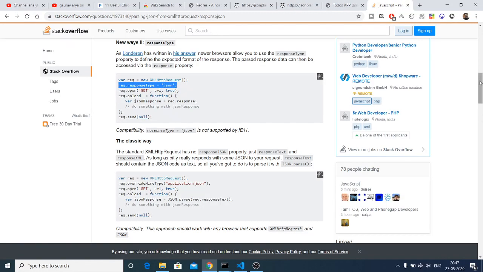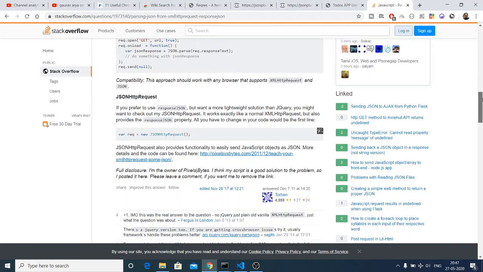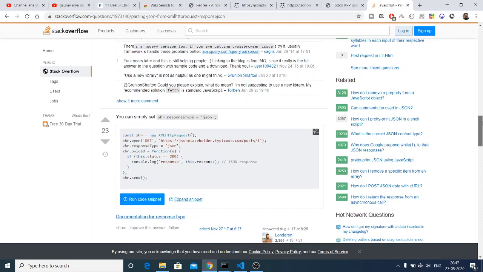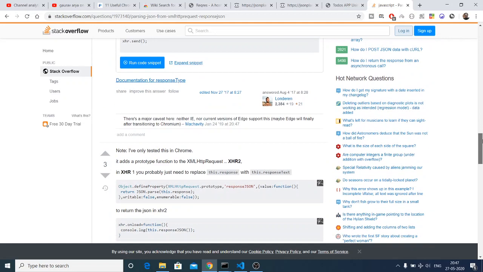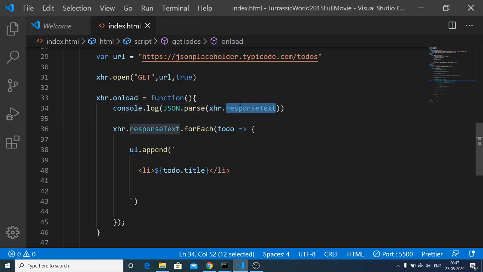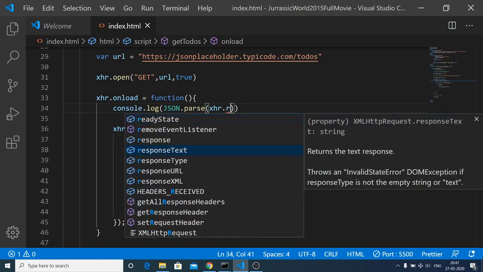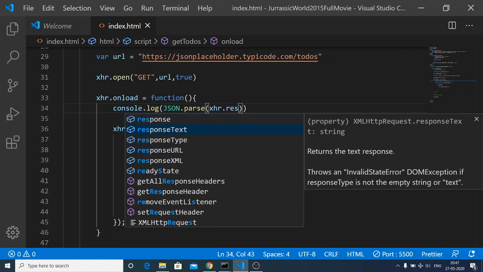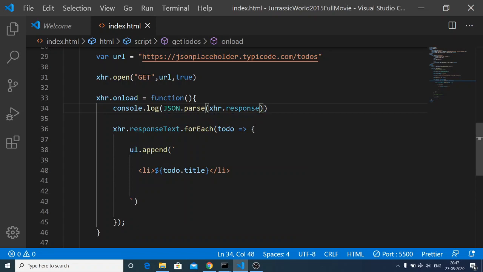Let me just see once again. I think this needs to be changed here. It is not supposed to be response text, this should be just response here. That's it, xhr dot response.